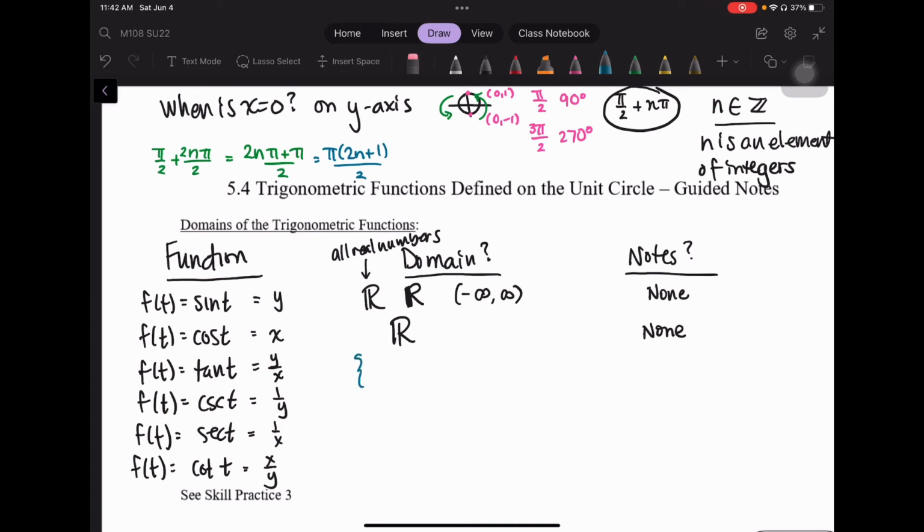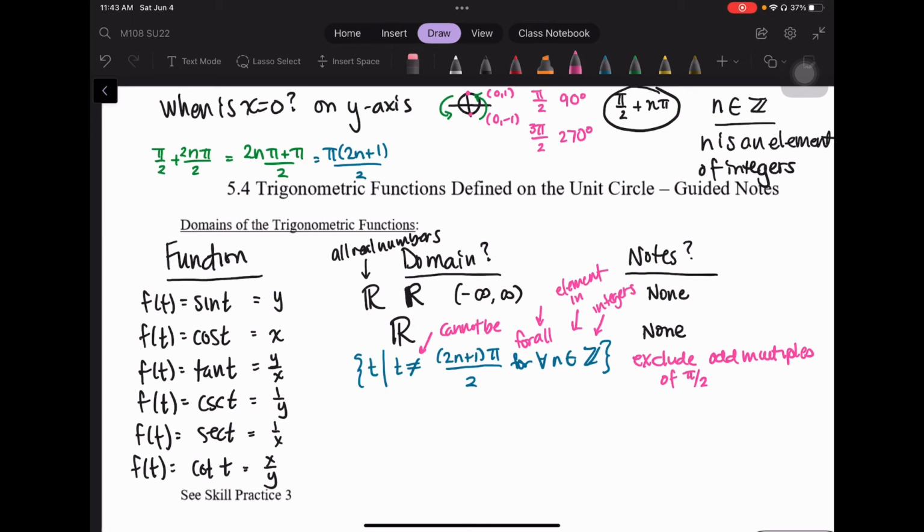The way that I'm going to write this is I'm going to say for all t such that t cannot equal 2n plus 1 pi over 2 for all n in Z. What the heck does that mean? This is saying for all, that's what the upside down A is, n, that's an element n, and then again Z, remember, is integers. It's a special character that we use to represent, so it's shorthand. And this means cannot be. Now I'm saying to exclude odd multiples of pi over 2